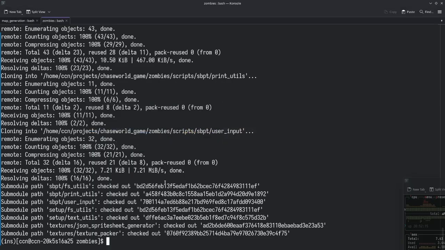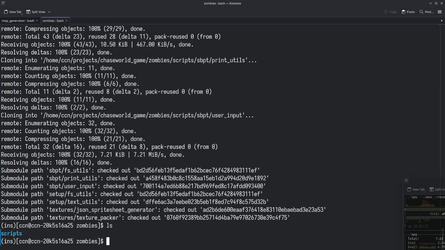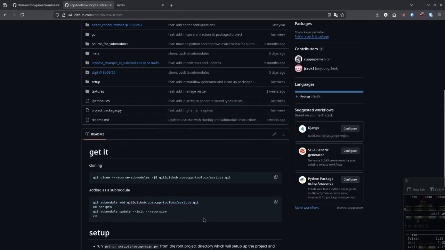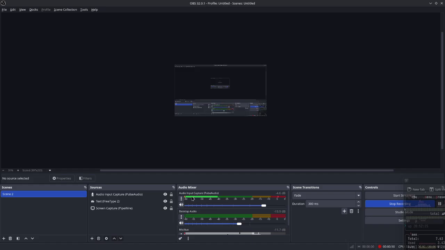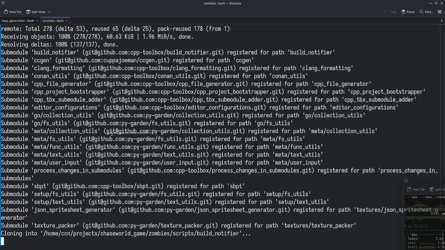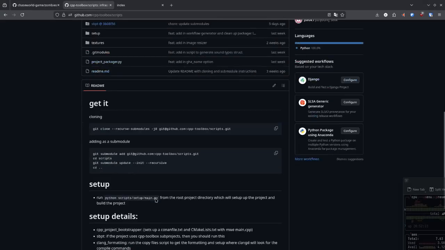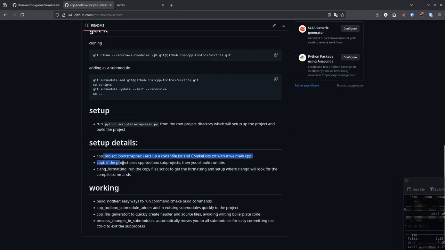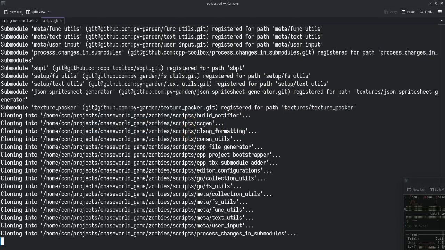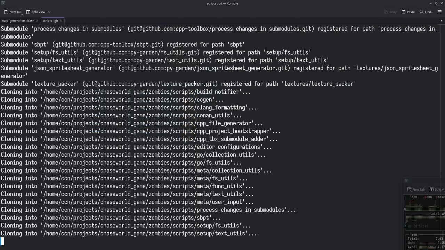And that's the first, I already made a mistake. This shows how to clone it, but we want to add it as a submodule. So we're going to do this. And once this is done,